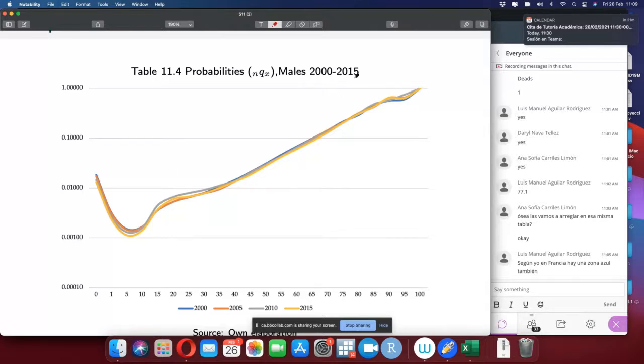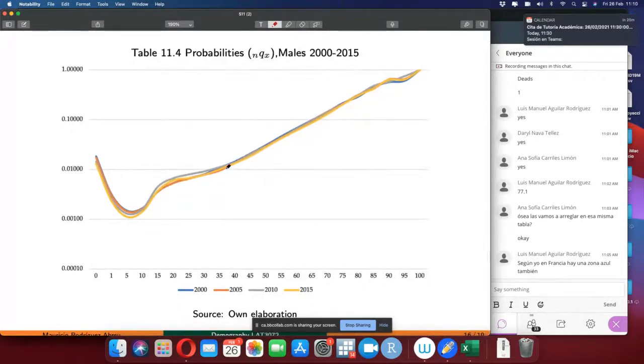This is for men between 2000 and 2015 every 5 years. I just click on the smooth thing on Excel. I am not using any fancy smoothing technique here, but this is, again, the shape that we know mortality follows, with high probability of dying at the beginning of life, then going down, we have this bump during teenage, and as you can see, it is really more significant in 2010. So this was again all the violence that it's always there, but in 2010 this impact was more predominant,